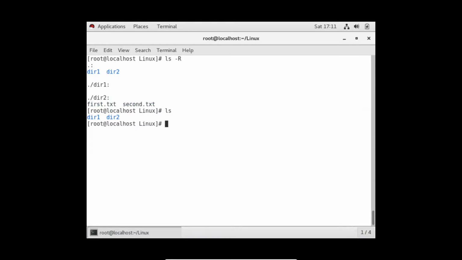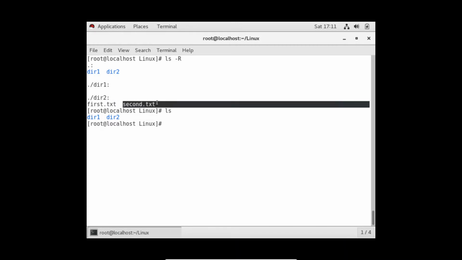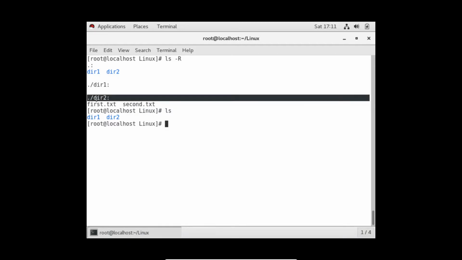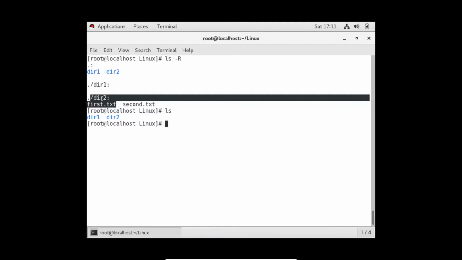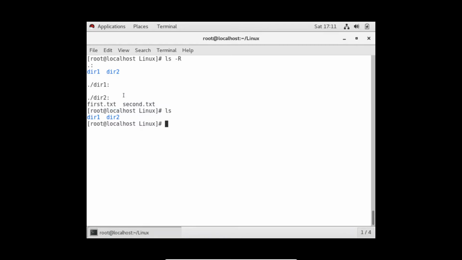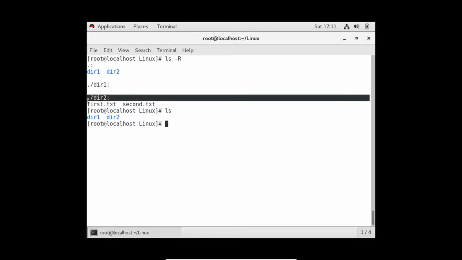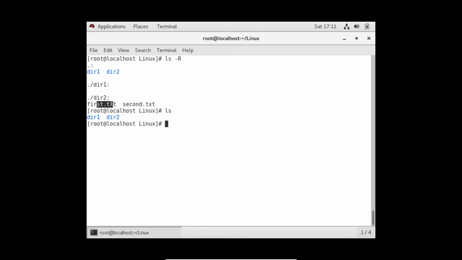See, now what I want is to rename these both files, first.txt and second.txt, but I don't want to move these files to the current directory from directory 2. I want both the files to be renamed and kept in directory 2 only. Those files will not be moved anywhere. Those files will be kept in directory 2 only. I just want to rename the files. So how I will do it is